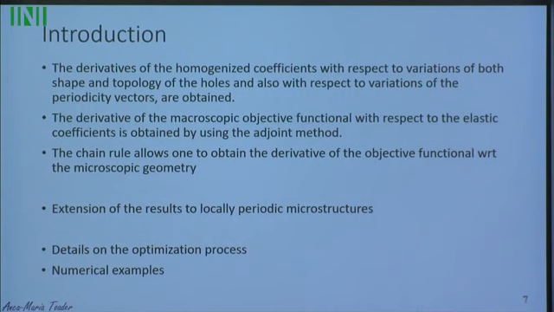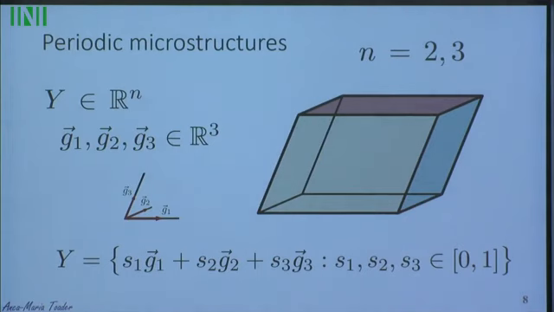We shall extend these derivatives to locally periodic microstructures and then give some details on the optimization process and finally some numerical examples. So we shall consider the periodicity cell defined in this general setting where three